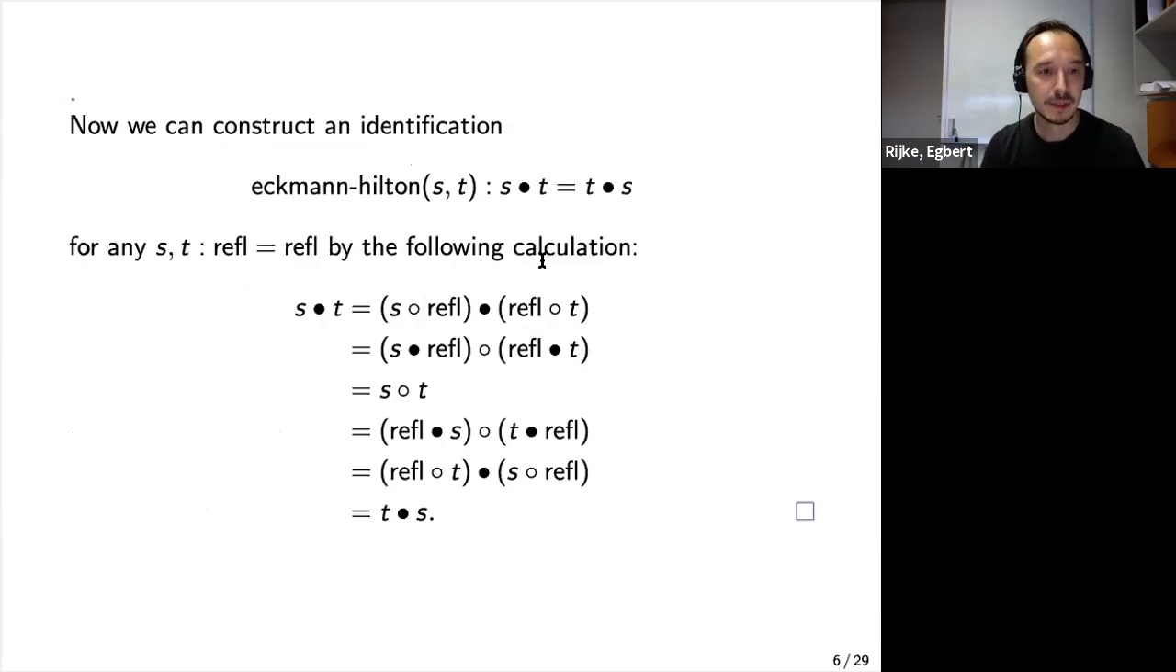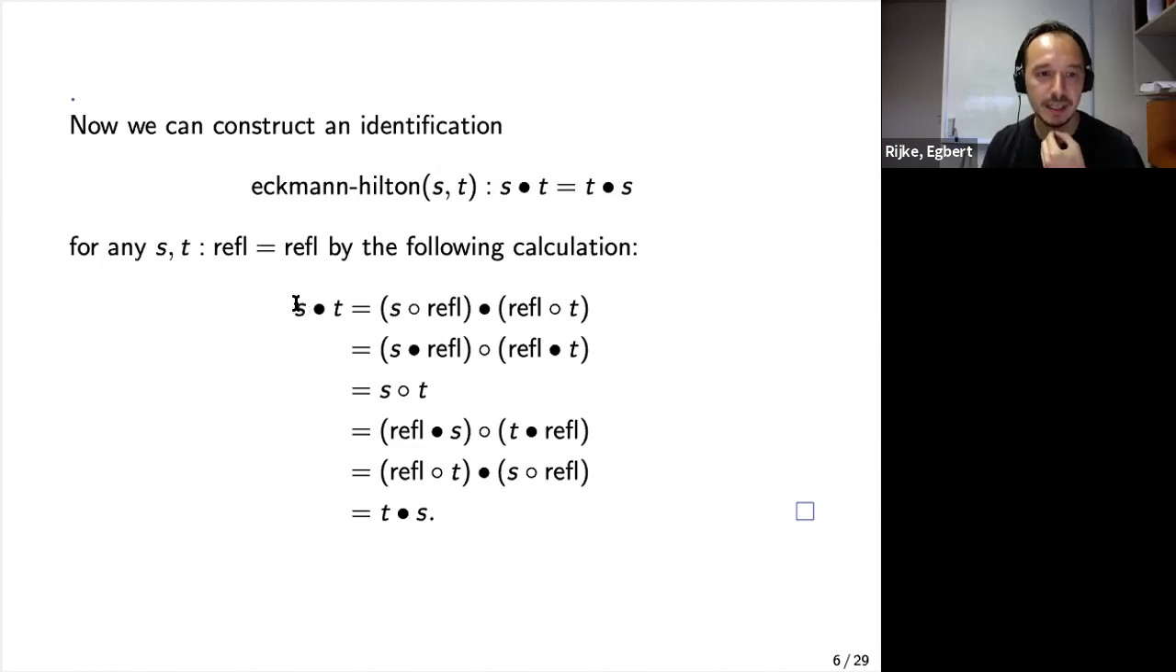So it's something about the second loop space. S and T here are identifications of refl with refl. So that means that they are in omega 2 of X, where X is a type. And then it says, if I concatenate S and T, that's the same as when I compose T with S. So that means the concatenation operation is abelian. And that proof uses then the second